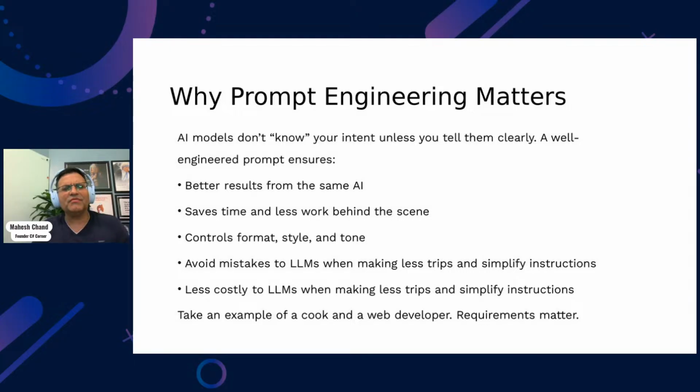This is exactly the same way AI works. When you're talking to all these Gen AI tools like ChatGPT or Copilot, the better requirements you have, which is called a prompt in this case, the better the desired output you will get. That's very important to learn prompt engineering, because the better you are at that, the more details you provide, the more you understand how Gen AI is thinking, the better you can craft the question, and the better and faster results you will get. That makes sense?